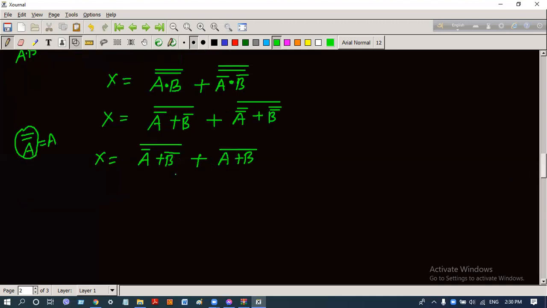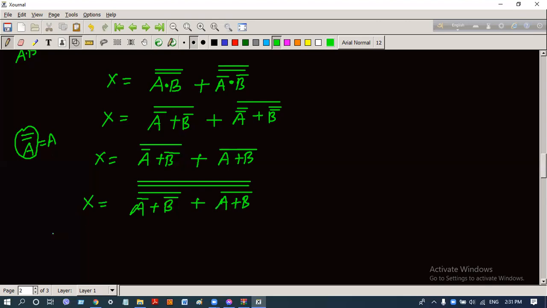Now these functions follow the NOR functions. Only the first part follows the NOR function and the second part follows the NOR function. But we have to implement the whole function into NOR functions. So we have to use another complement sign for representing the function into NOR functions. This is the complement for the NOR functions, and we have to vanish these NOR functions. So we have to use another complement sign.